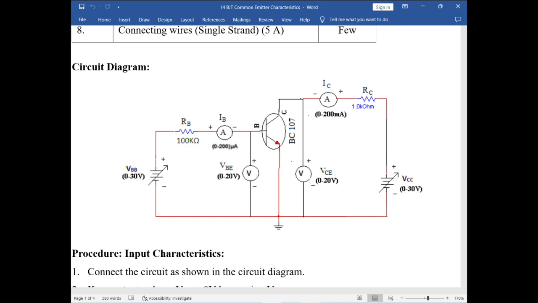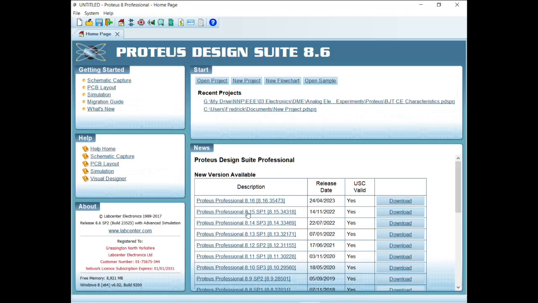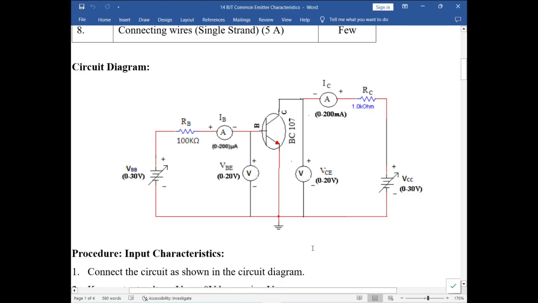So let's open the Proteus design suite. I'm going to use Proteus 8. So let's open on the schematic capture. Once it is open, you might want to load all the components or libraries that you are going to use to perform your simulation. Looking at the schematic diagram, you require a transistor